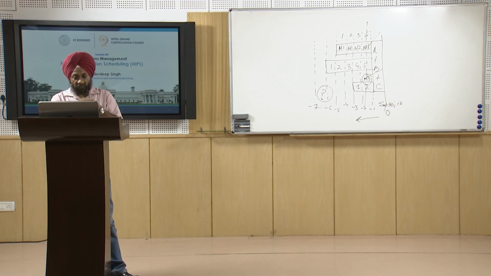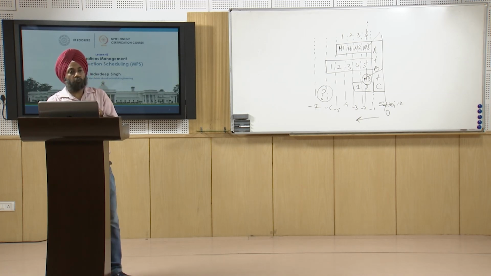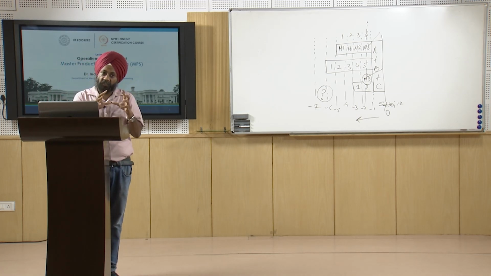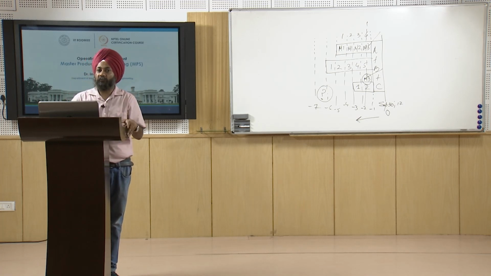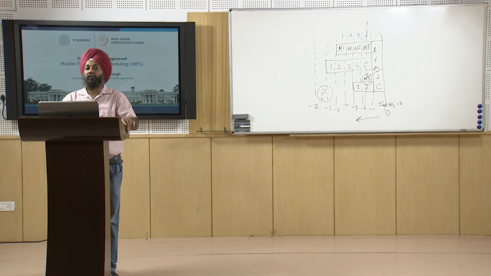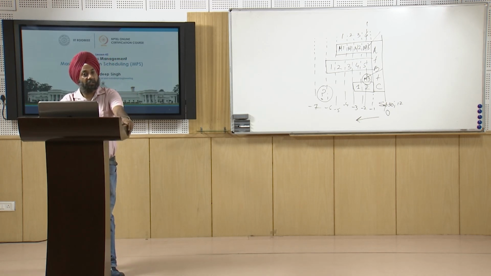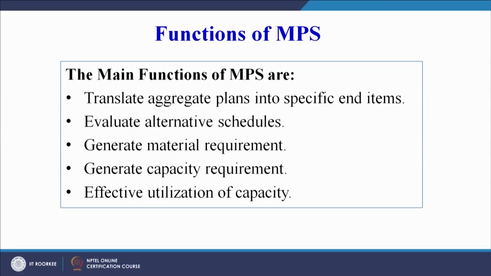It will evaluate the alternative schedules. We may have 3-4 different possibilities existing, that this demand can be met using these alternatives. So it will help us to evaluate the alternatives,